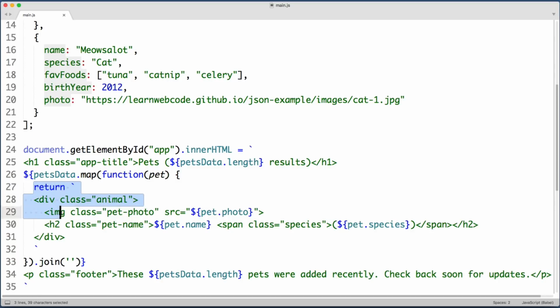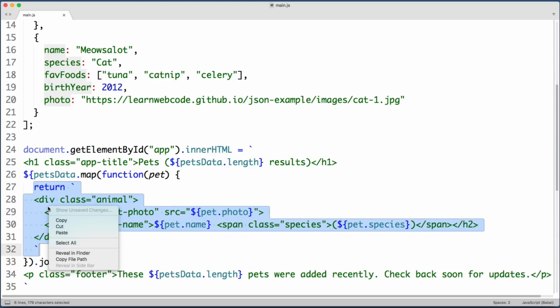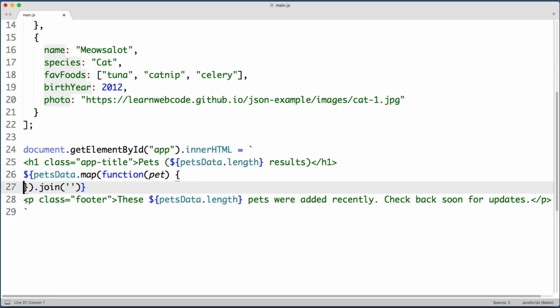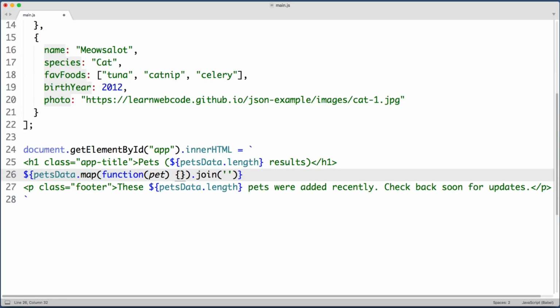First, let's cut or copy this section of code into our clipboard. So begin selecting from the word return down to here and include the closing backtick. Okay, so I'm going to cut that into my clipboard. And then let's try to put this code back onto a single line. And let's just give ourselves a clean slate, and let's set the parentheses for map to be empty once again,